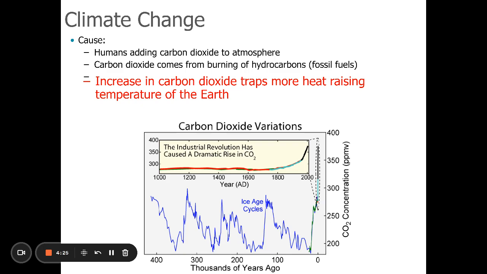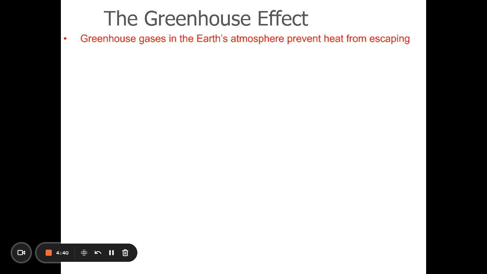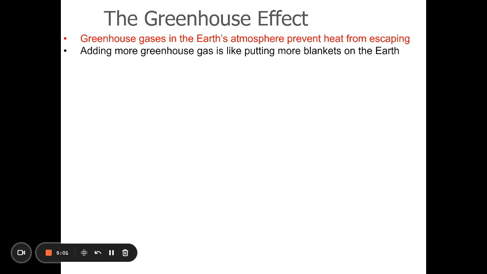And so the levels of carbon dioxide are much, much higher than they have been for a very long period of time. And carbon dioxide has an important effect on the temperature of the Earth. Carbon dioxide traps heat in the atmosphere. Ryan mentioned greenhouse gases. Our atmosphere is mostly nitrogen, but there are also gases such as carbon dioxide and methane and other gases that trap heat.